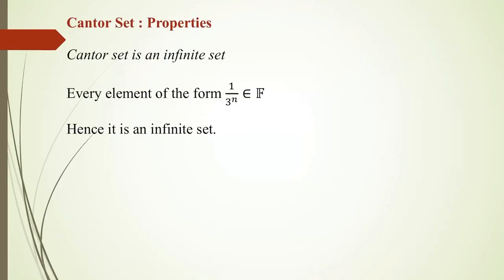Actually, in fact, this Cantor set is an uncountable set. We are not proving it here. Simply we have proved that it is an infinite set. This is not a finite set. Actually it is an uncountable set. So again I will say we have started with an interval of length 1. We have removed intervals of total length 1. Still it is an uncountable set. So see the beauty of the Cantor set. So with this our third module is over.